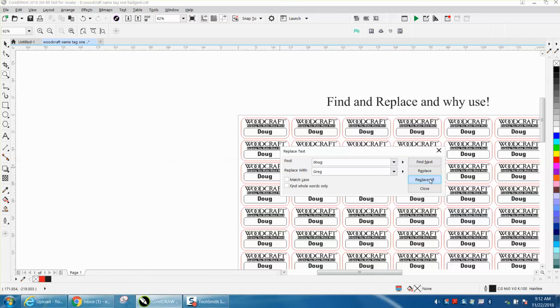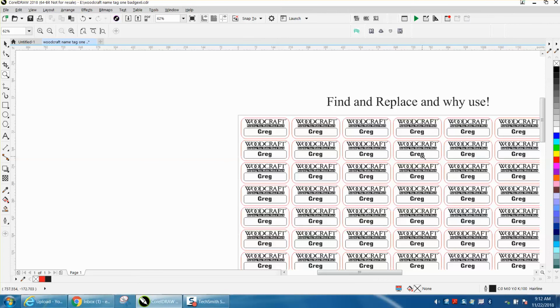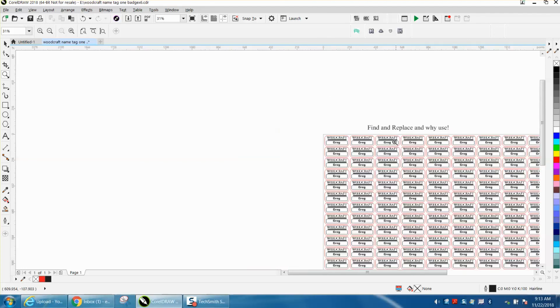So it's going to go through and replace 273 Dougs in just a matter of seconds. It's thinking, and like I said before, on your computer it might be even a little faster because it's actually having to go through there and change them. But it changed 273 name badges, and this would especially work if you were just changing the date from one year to the next year. So that's why to use it,